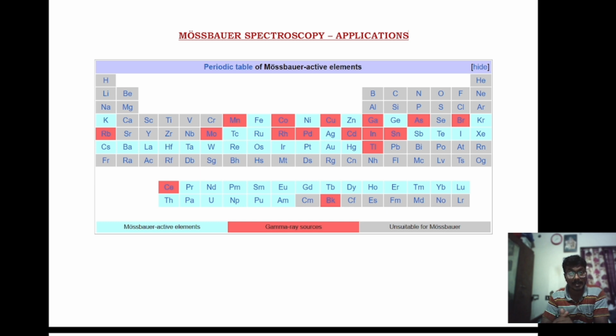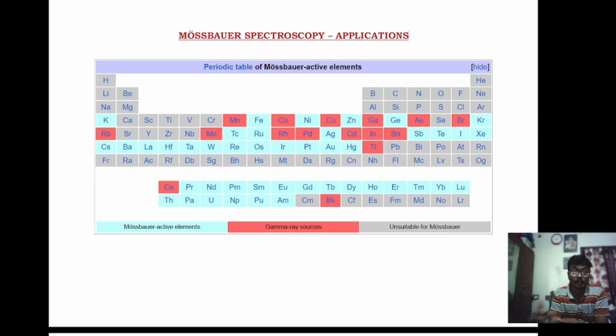Those elements produce gamma radiations necessary for Mössbauer spectroscopy, but they are not Mössbauer active, just like cobalt-57. In Fe-57, iron-57 Mössbauer spectroscopy, we use cobalt-57 as a source in order to generate the iron-57 Mössbauer active nuclide, but cobalt-57 is not Mössbauer active. And the other elements in the periodic table are unsuitable for Mössbauer spectroscopy. This is the major reason why Mössbauer spectroscopy is not that familiar,